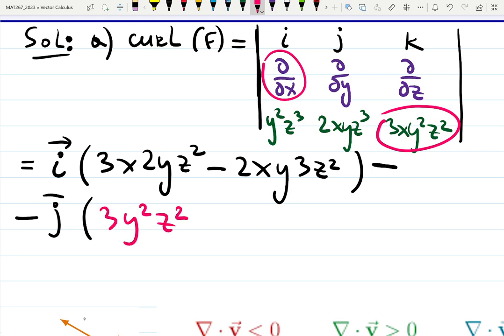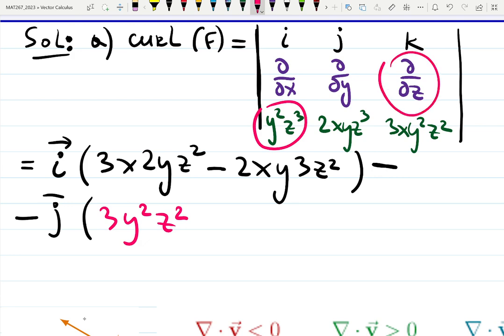Agree? So just drop the x. Now the derivative of y squared z cubed with respect to z gives you y squared 3z squared. Don't forget the minus between, but also the minus in front of it. Plus k